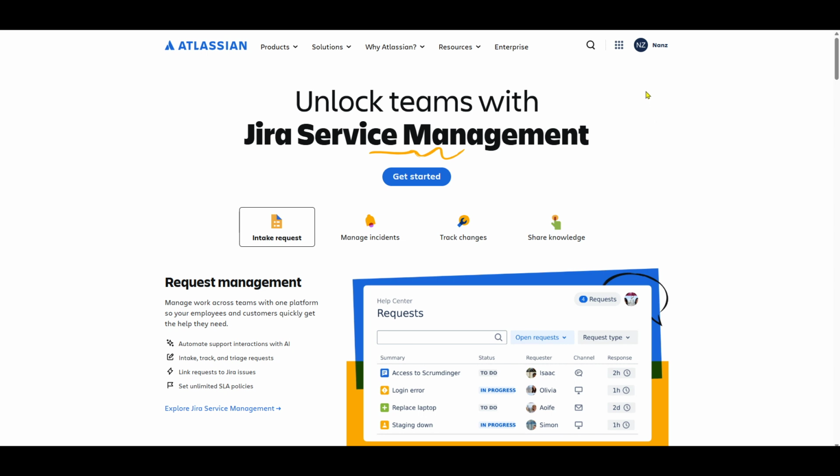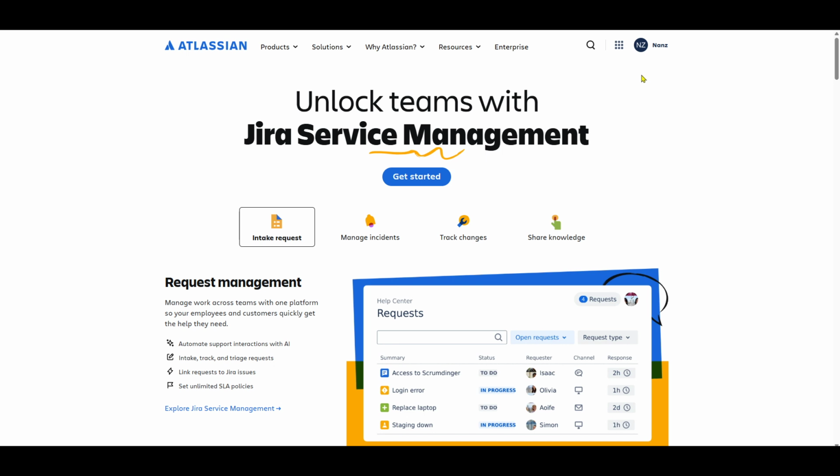First, let's go to the Atlassian homepage, a hub popular among software, IT, and business teams. Once you're there, locate and click on the Sign In button. You'll need your credentials to access the platform, so make sure you have those handy. It's always a good practice to double-check your login details to avoid wasting time with login errors.